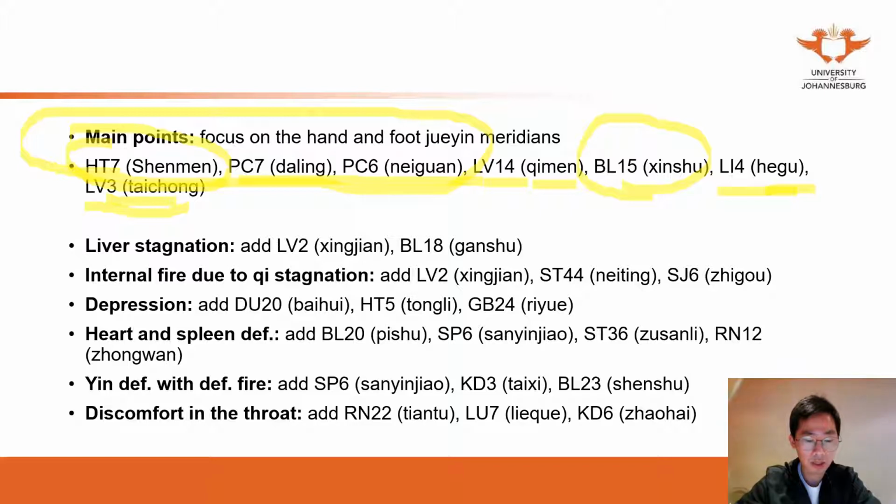The pericardium 7 is the yuan source point of the pericardium. Heart 7 is the yuan source point of the heart. Yuan source point. The combination, the pericardium 6 is the luo connecting point of the pericardium. And then the back shu point, liver 3 is the yuan source point of the liver. As you can see now,